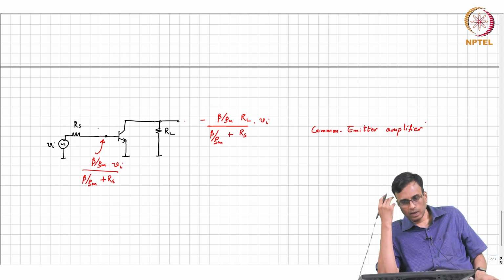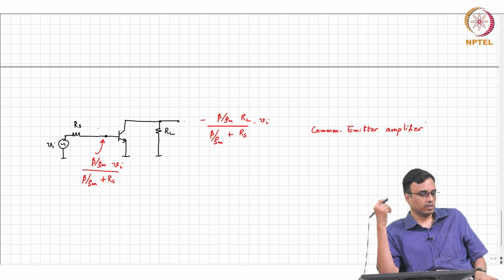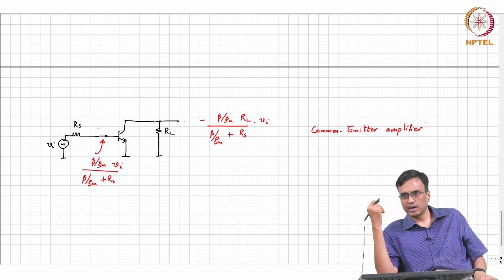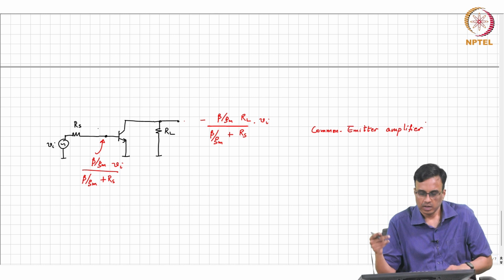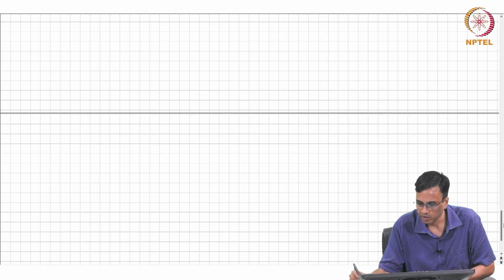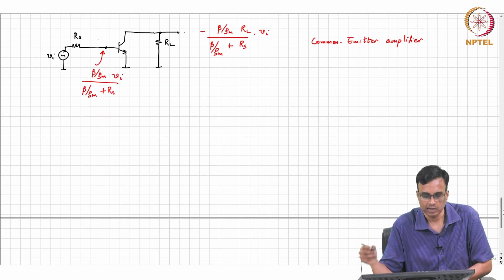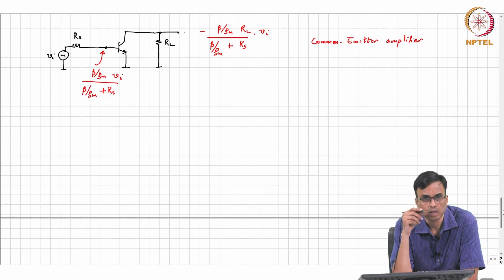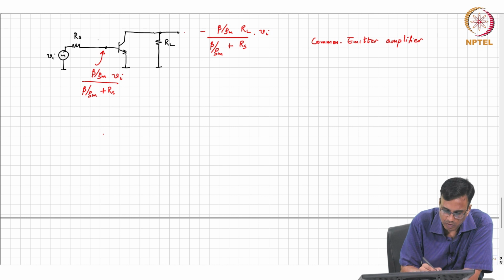And in principle, the Gm of this transistor can be made very large by biasing it with a sufficiently large quiescent current. So, then we said let us make the 4 control sources. When we were talking about the MOS case, we said let us make the 4 control sources. So, that is basically